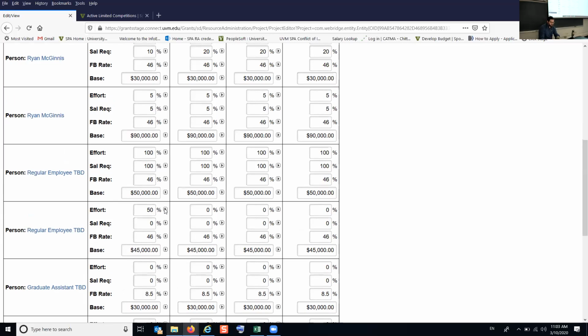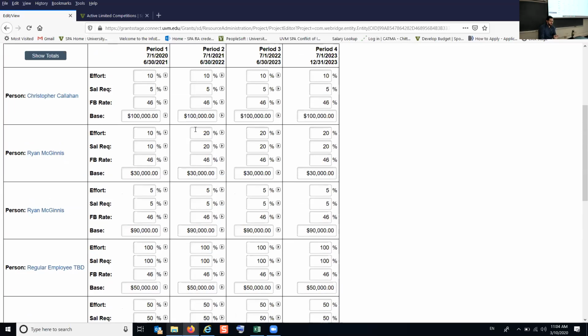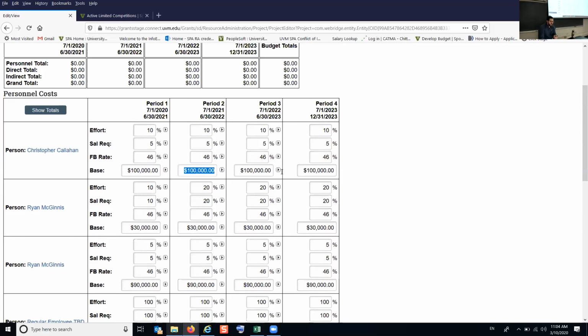You have not applied inflation, right? Yes, I have not applied inflation, but if I had, then these would be moving up and up and up. You also can change these base salaries manually yourself in the out years. So for example, let's say we happen to know that Chris was going to get a huge promotion next year. You could just, yeah, there you go. You could just do that, and